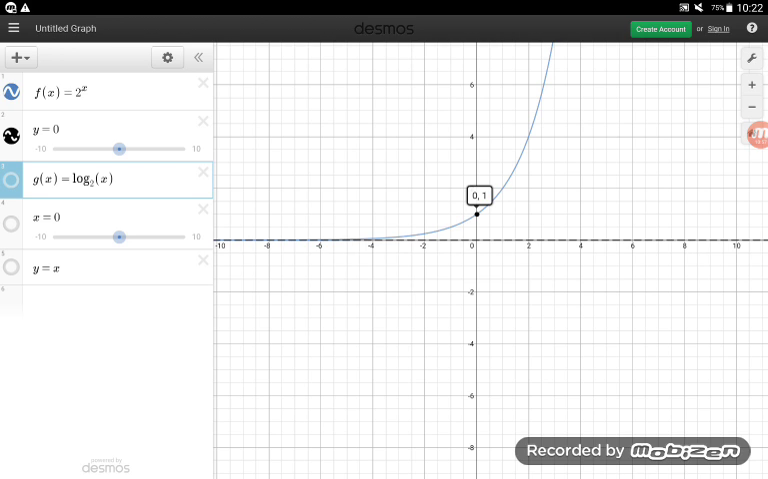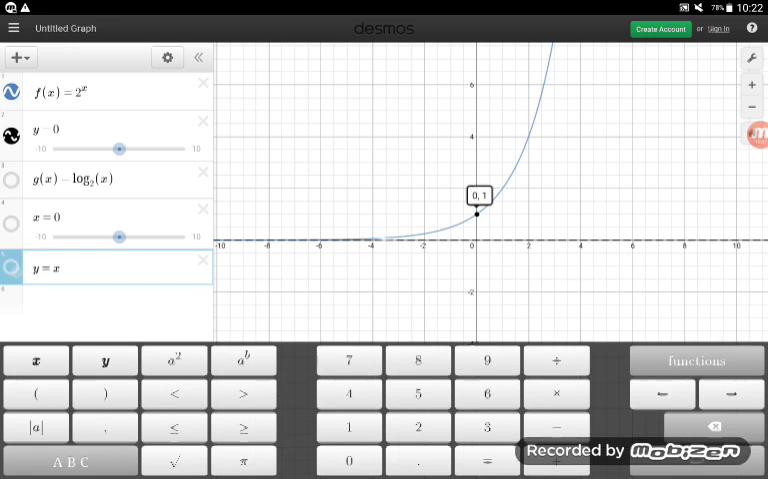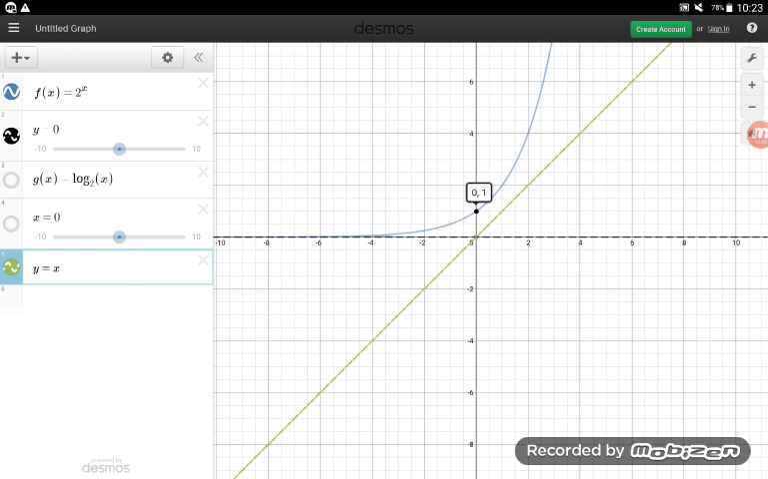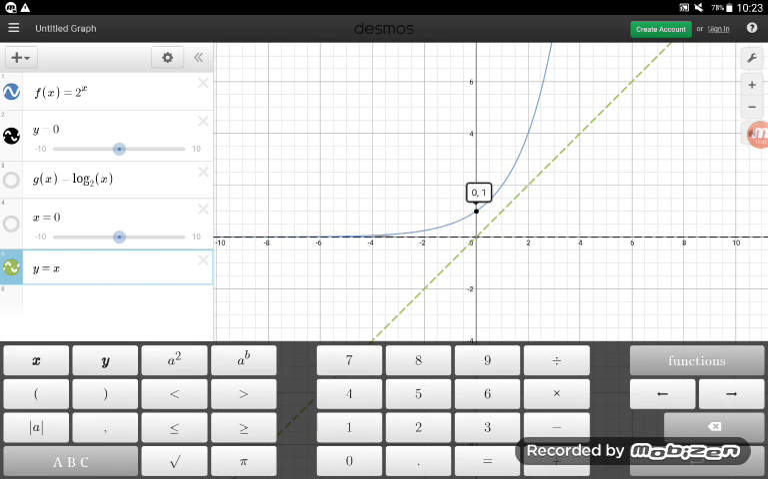Okay, now, if they are inverse of each other, in chapter 1, we learned that they must be reflections of each other along the y equals x line, right? This green line that we have here. So if they are inverse of each other, then they will be reflections of each other across the y equals x line. So the 0, 1 point that we have